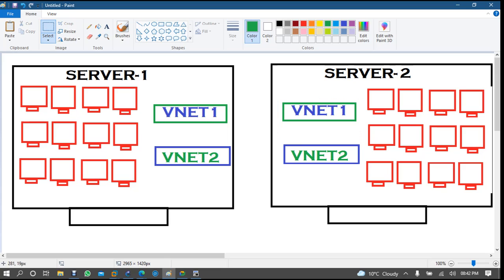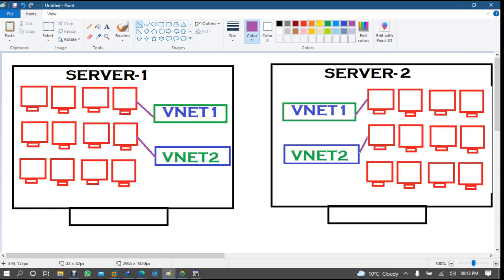Now I'm saying that if I add these PCs in VMnet 1 and these PCs in VMnet 2,